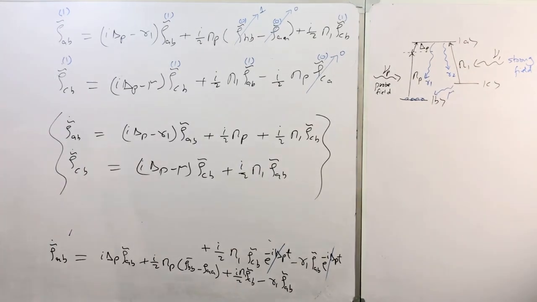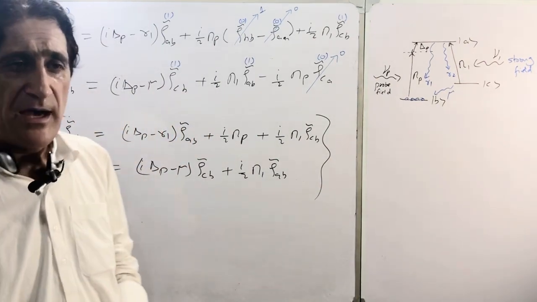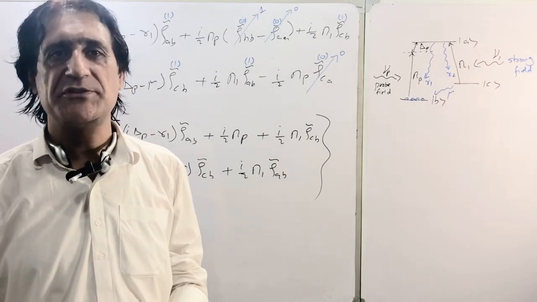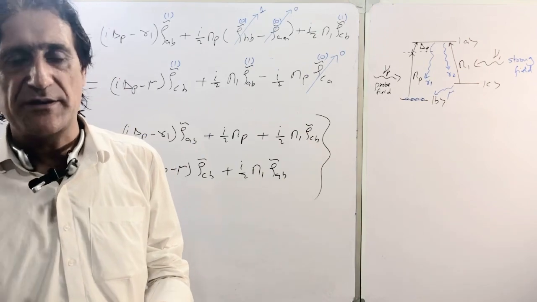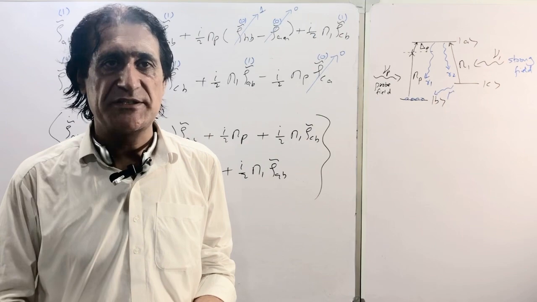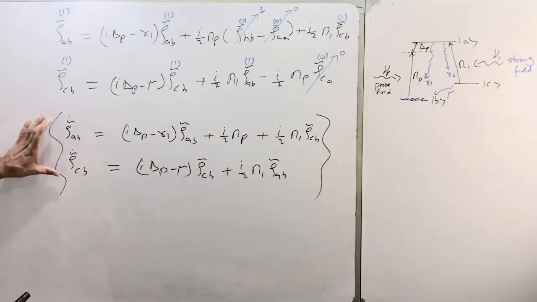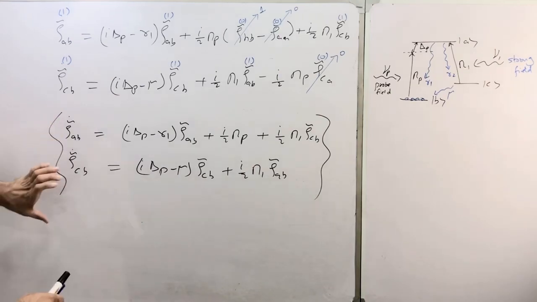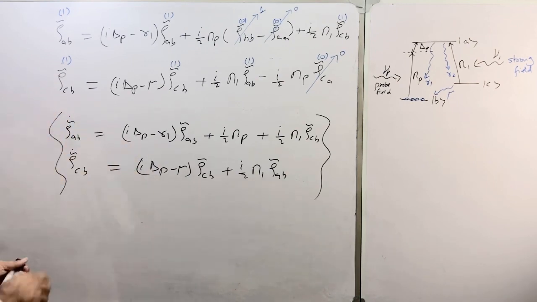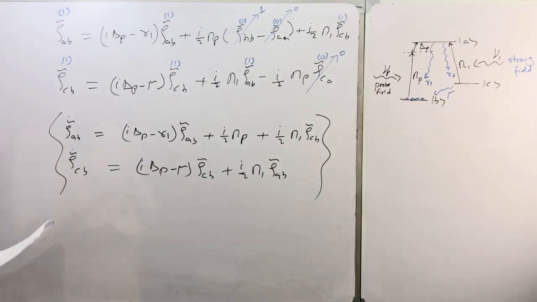Now, after some time, our system remains constant and there is no change as time passes. So for that, we have to use the steady state situation. The steady state means the coherence is not changing with time, so the left hand side of these two equations must equal 0. So the steady state equation will be now